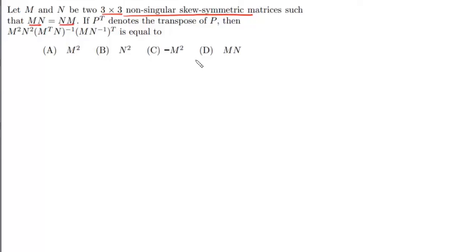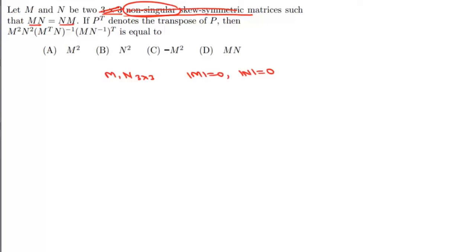In the question setup, they have mentioned that M and N are 3x3 non-singular skew-symmetric matrices, and we know that a skew-symmetric matrix of odd order is always singular. So determinant of M must be 0, and determinant of N must also be 0. Due to this factual mistake, bonus marks was awarded to the students. But still this problem is a fine problem if we disregard this odd order. So we'll just say M and N are non-singular skew-symmetric matrices such that MN equals NM, then this expression